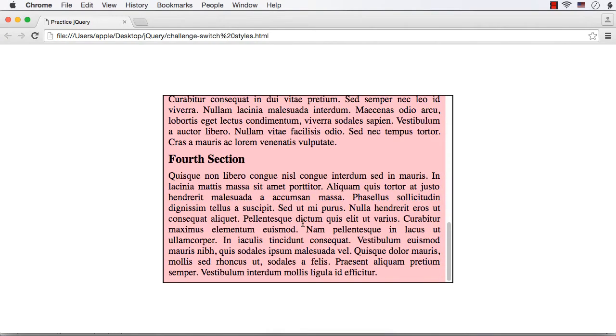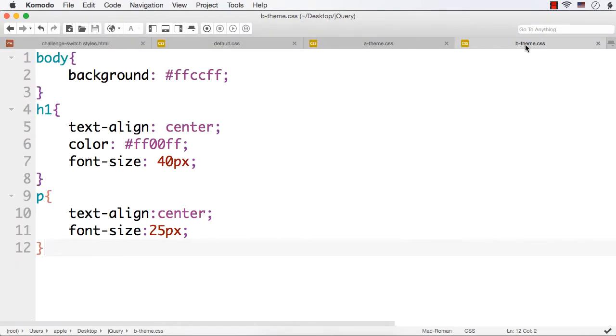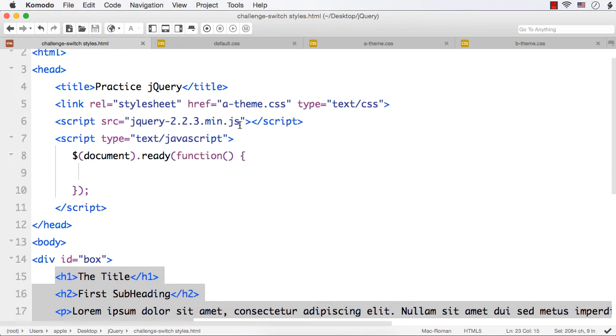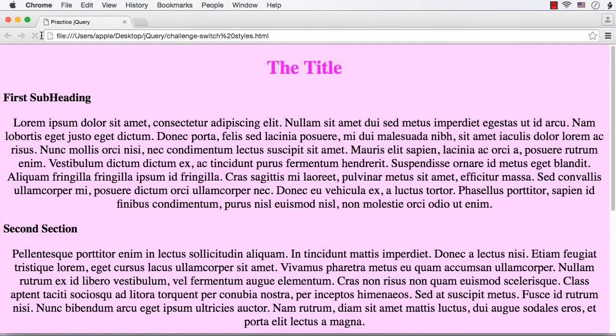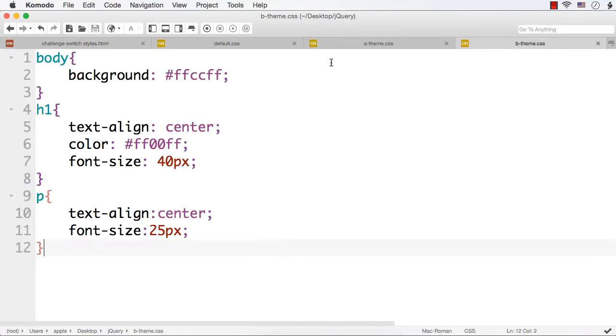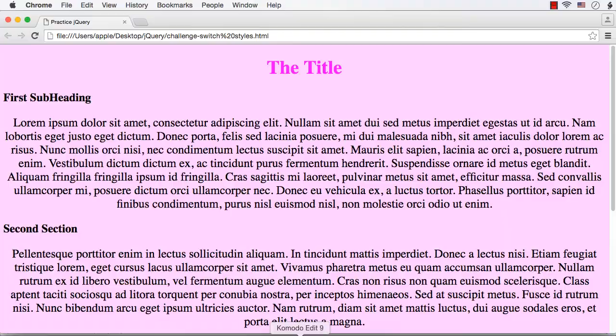Okay, so this is the second style sheet. Then the last one is btheme.css. So let me show you that as well. btheme.css. Now refresh. See, I have set some styles for the elements. As you could see here, I have changed the background color of the body. It is appearing like this.